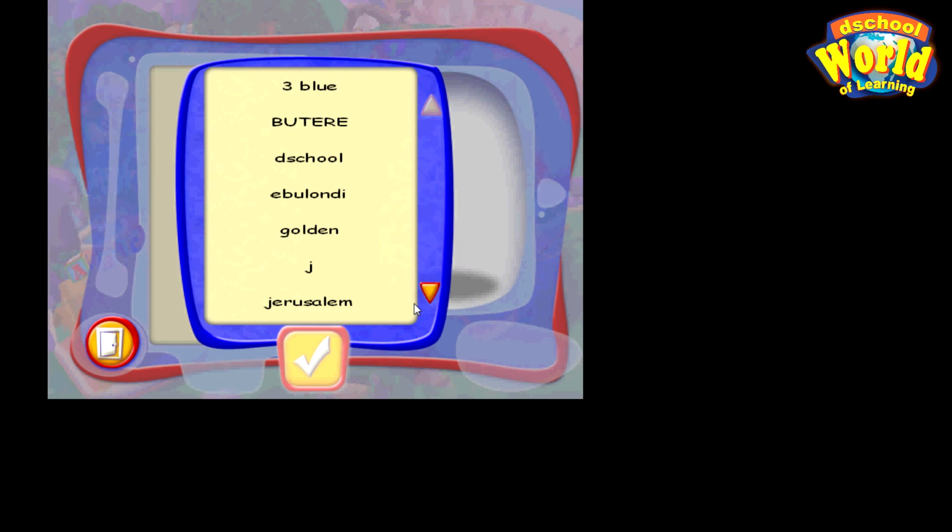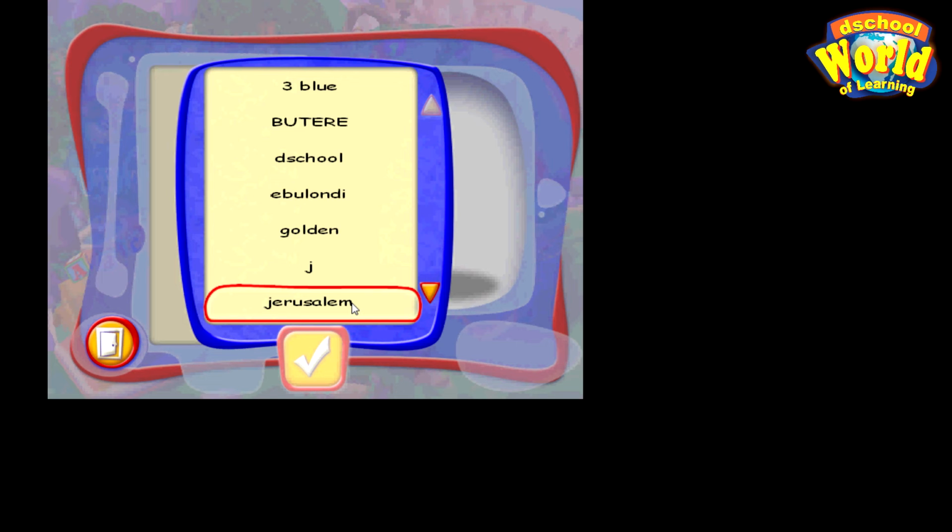Take note of the instructions issued inside this program, and please make sure you follow them. They'll be able to help you more in every step. So the first instruction is to select your group name and click the check mark button. So make sure you select your group name.